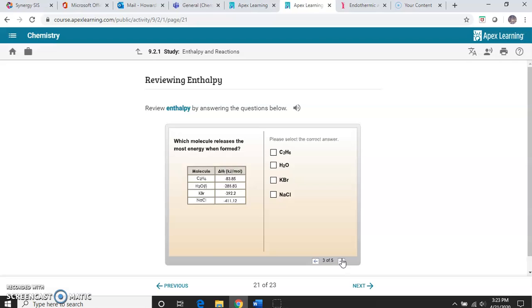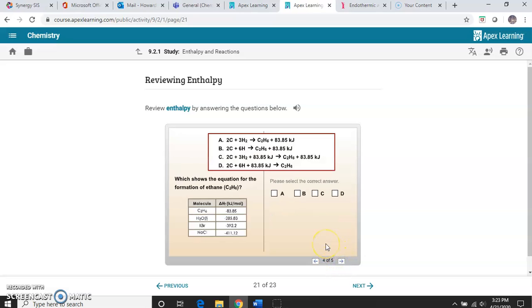Now this one's not too bad. You got to read it. I know it's a little bit small, but what molecule releases the most energy when it's formed? Well, you look at the number. Which one's the number? It's the largest negative number, releasing the most energy. Sodium chloride salt is